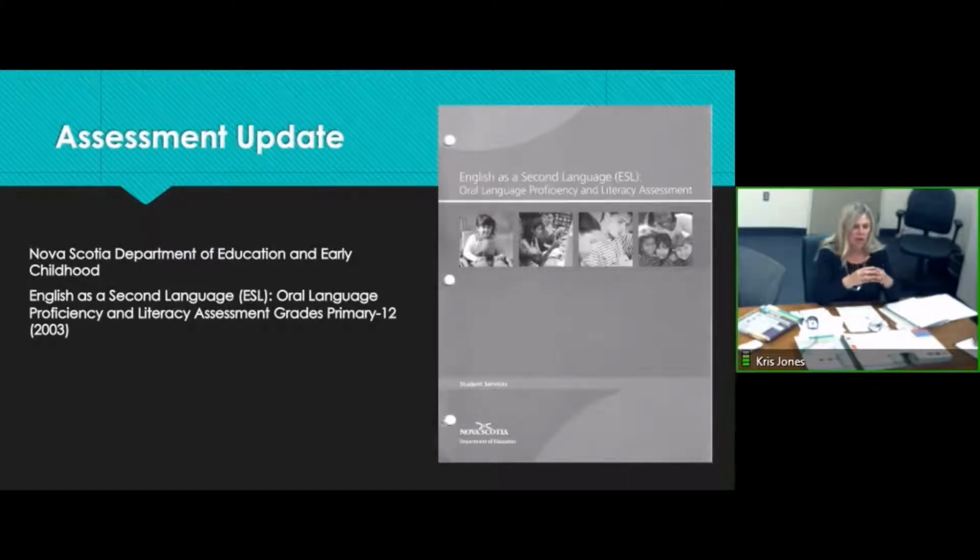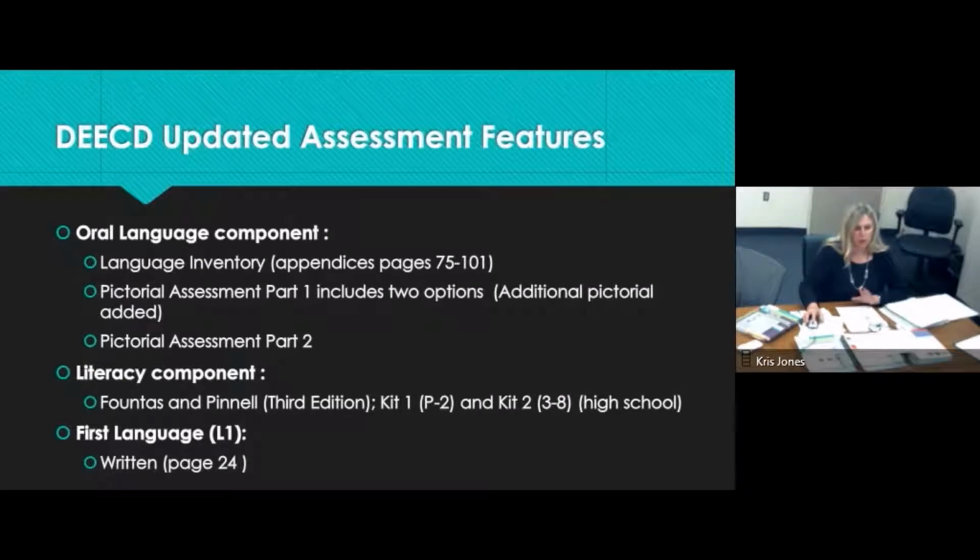So what we've done is we've updated the current assessment tool that we were provided in 2003 and have made amendments to suit students that we have currently in the system in primary to grade 12. I want to go through the three components: the oral language component, literacy, and first language. The oral,